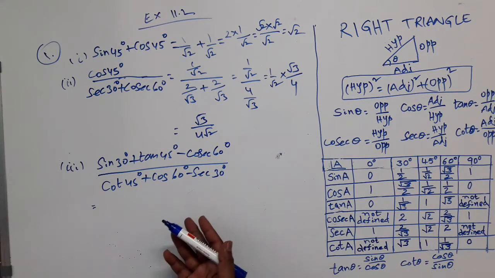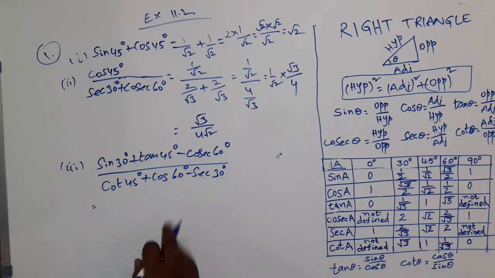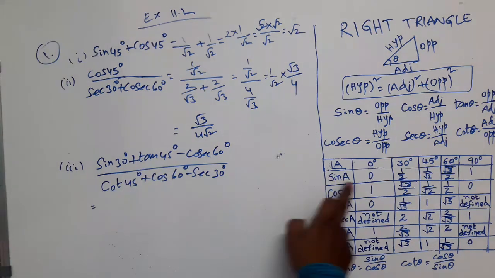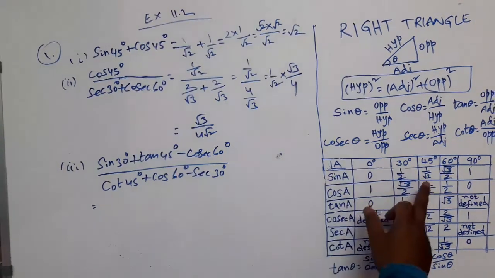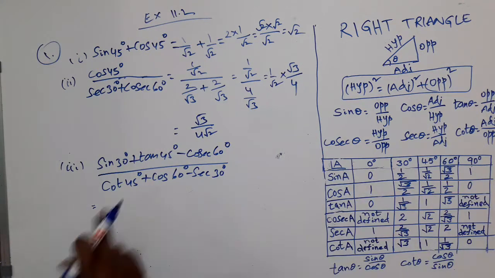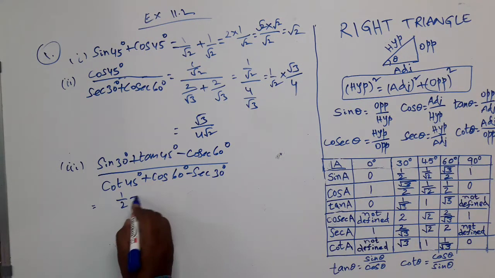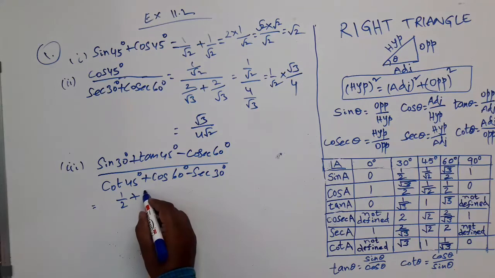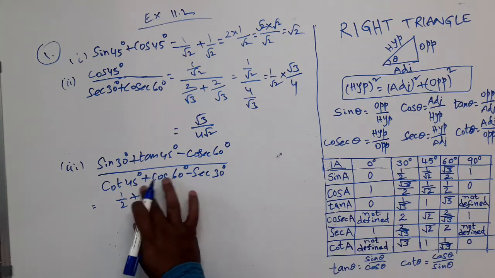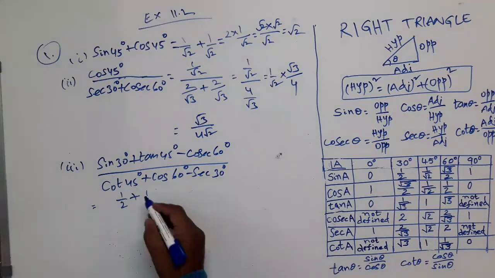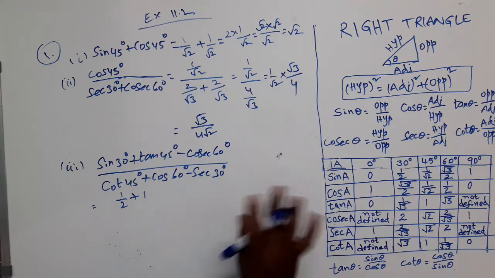I told you I have remembered the values from the table, and how I have done it. The first row I remembered: sin 0 degrees is 0, sin 30 is 1 by 2, 1 by root 2, root 3 by 2, 1. Sin 30 is 1 by 2. Tan 45 degrees and cot 45 degrees, I remembered them; both are 1. They are very useful, and in many questions you will find them. Tan 45 degrees is 1, and cot 45 degrees is also 1.